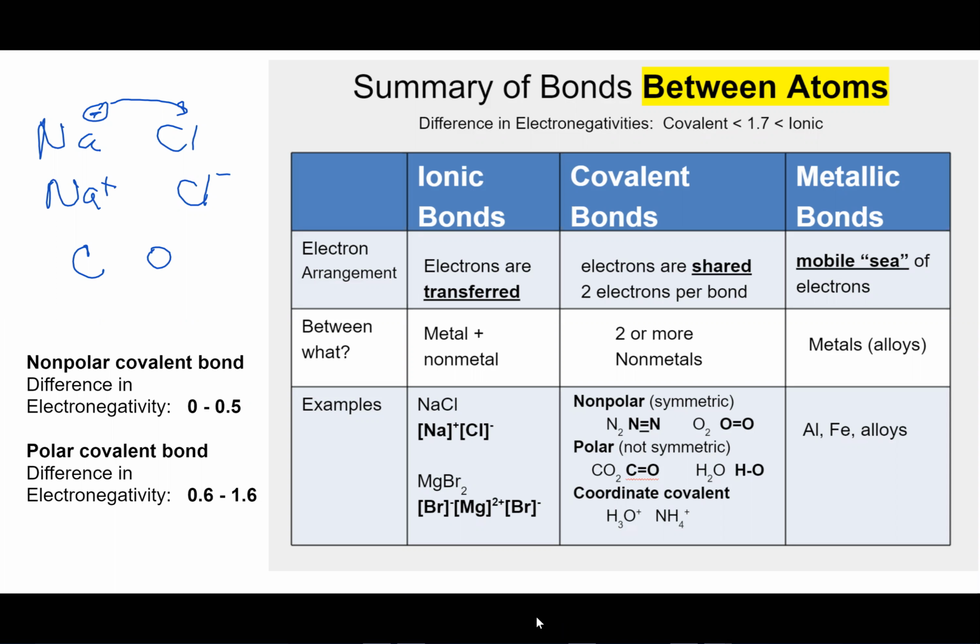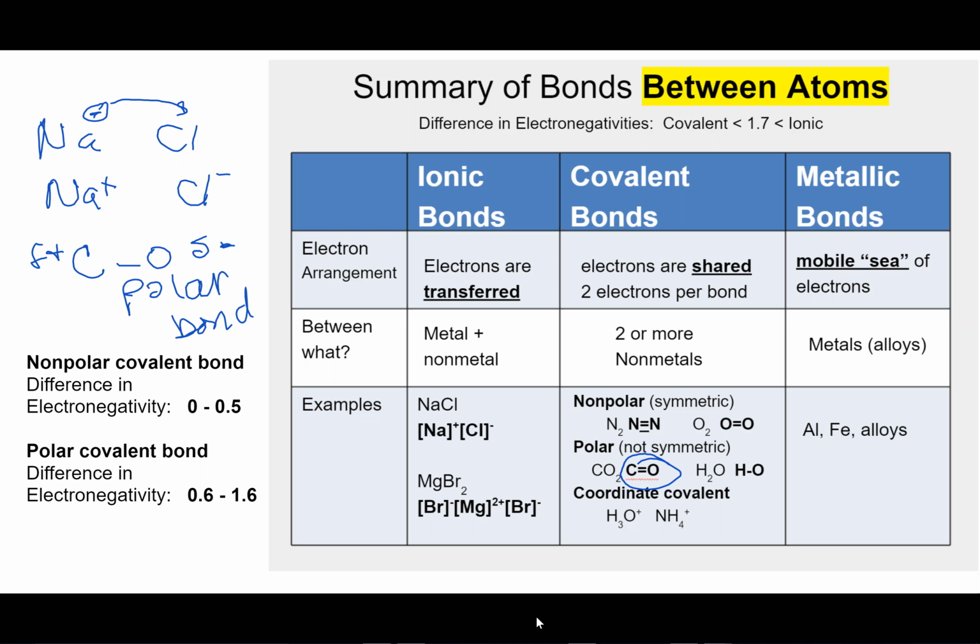So when you have a carbon-oxygen bond right here, down here in the covalent bonds, you're going to have a partial negative, that weird squiggly means partial negative, and a partial positive charge, not a full negative and full positive, because oxygen's not strong enough to actually take away the electron, but it's strong enough that, you think about a tug of war, right? A tug of war, oxygen's strong enough to pull the electron closer to him, but not rip him away. So this would be called a polar